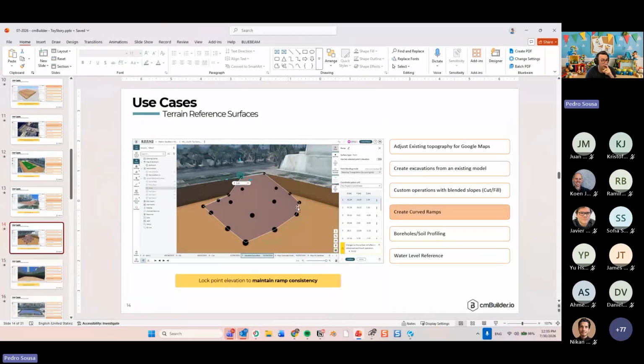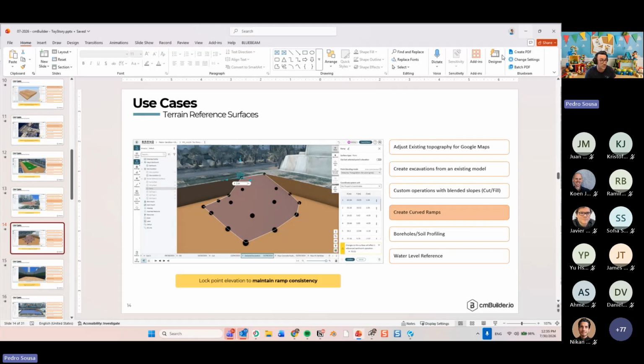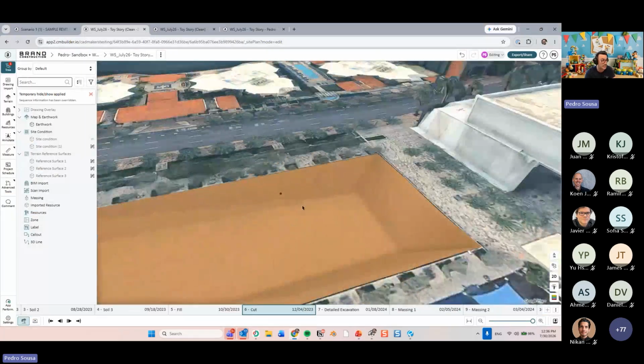And another problem, create curved ramps. So a lot of people request the ability of creating curved ramps. And I think that maybe in the future we'll be able to create a tool specifically for this. But for now, you can create a surface that would represent that curved ramp, and then you create a fill or a cut towards that ramp, right? So let's say that in this case over here,